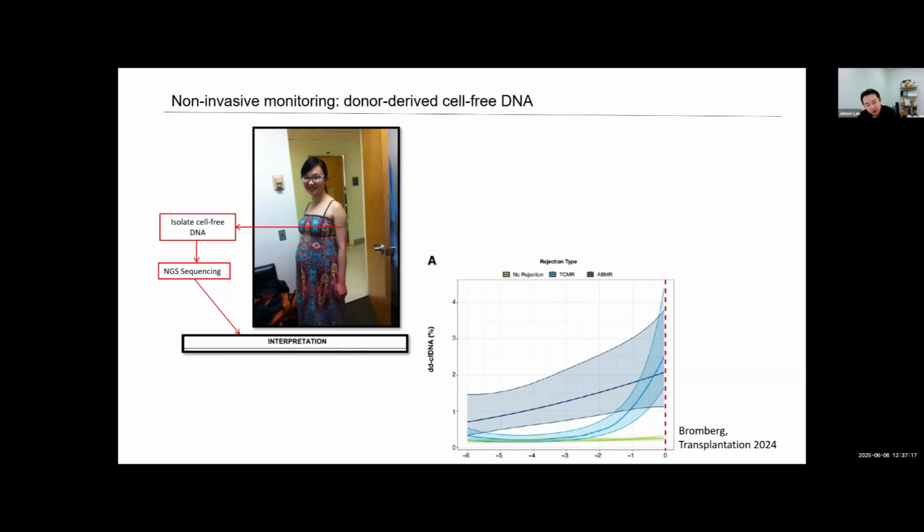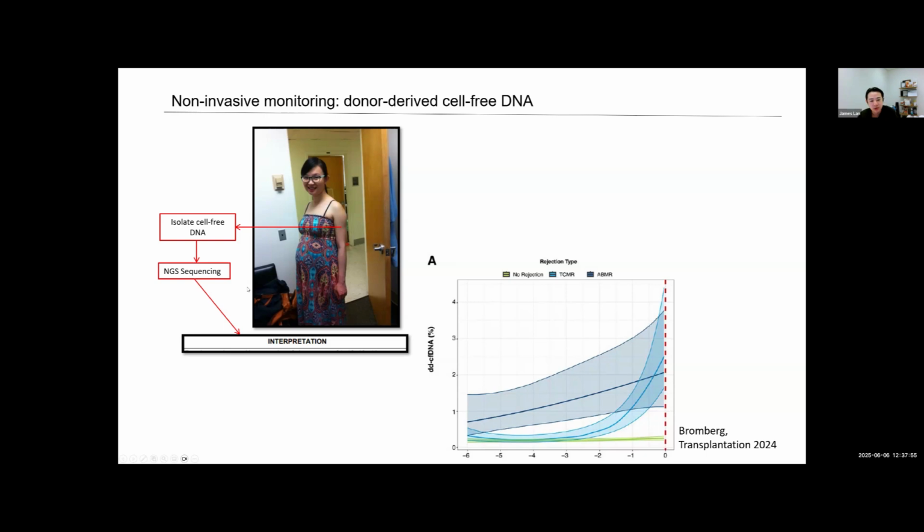Danny is my wife, who visited. This is a picture from 10 years ago, and that's my personal connection to this assay. When she visited me in California when I was in a fellowship, she was pregnant with our first child, and I wanted to know the sex of the child so we could prepare for him. At the time, we realized there was a technology being developed, which now we know is the NIPT test. It's based on the understanding that the fetal DNA is circulating and can be detected in the maternal circulation, and that can be detected by NGS sequencing.